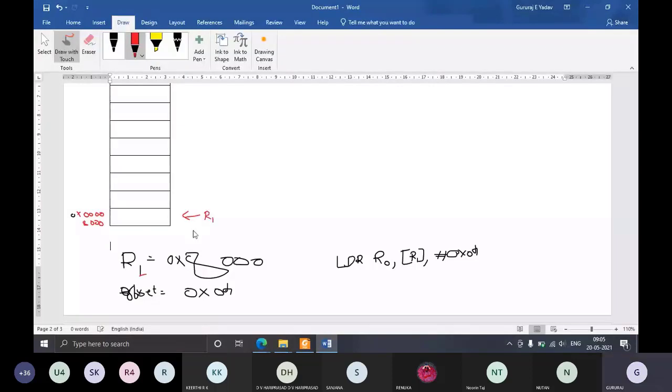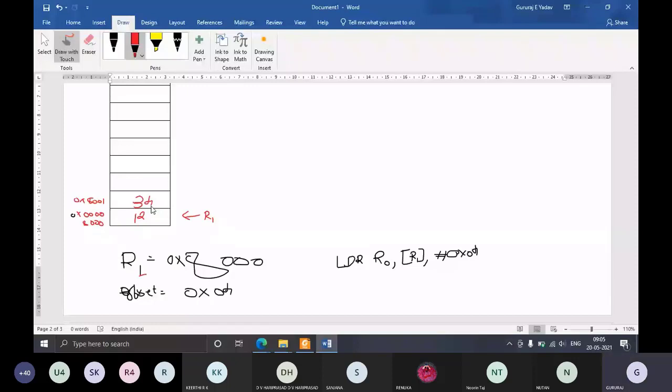We know that each location in the memory can store only 8 bits, so this location will have some 8-bit value. Let's assume that value is 0x12. The next location is 0x8001, and let's say this value is 0x34. Just an assumption, that's all. The next value is 0x